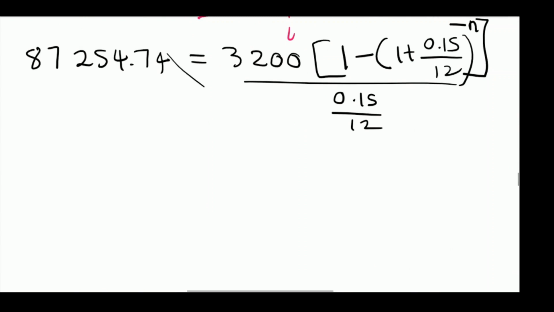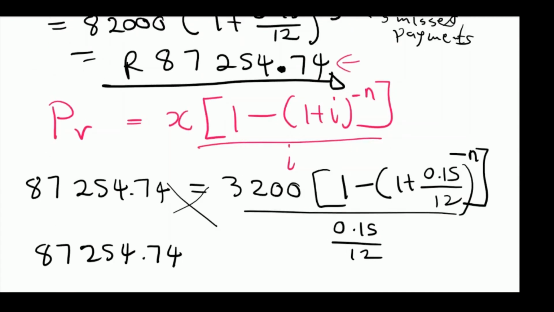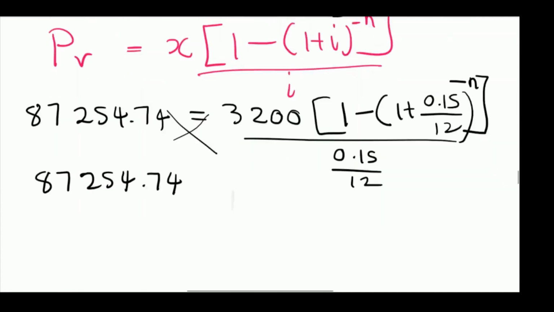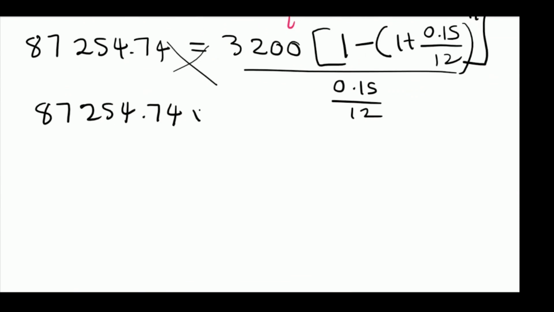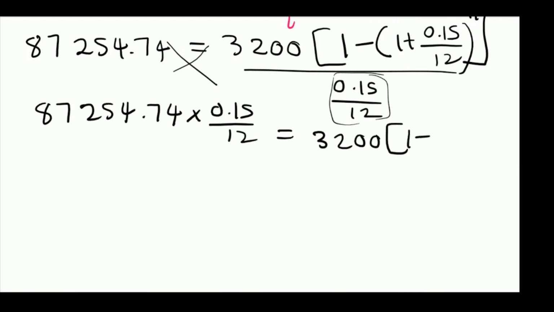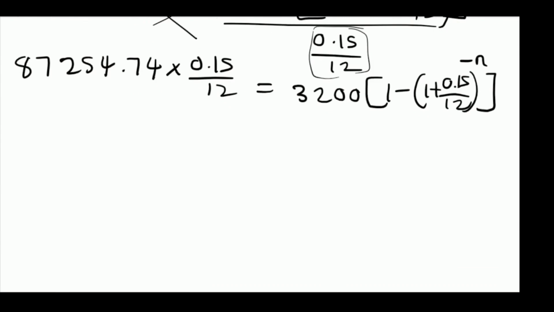So what you're going to do is cross multiply. So it's going to be 87,254.74. Yes, it's 254.74. Everything is written correctly from here. It's going to be multiplied by 0.15 over 12, this one here, and equated to 3200 into 1 minus (1 plus 0.15 over 12) to the power of minus n, and close brackets. Then from here we're going to divide by